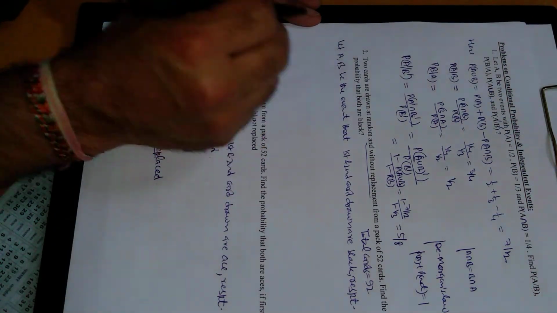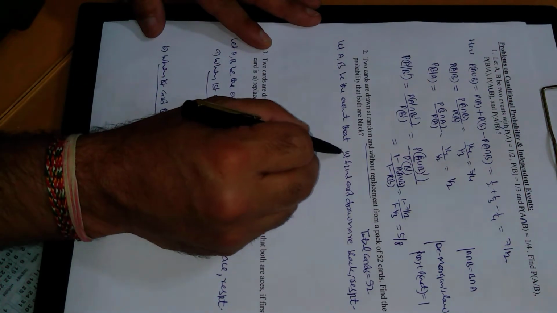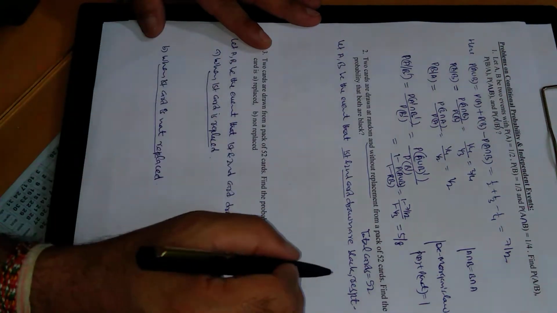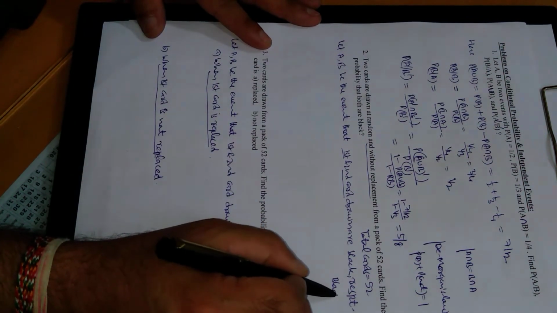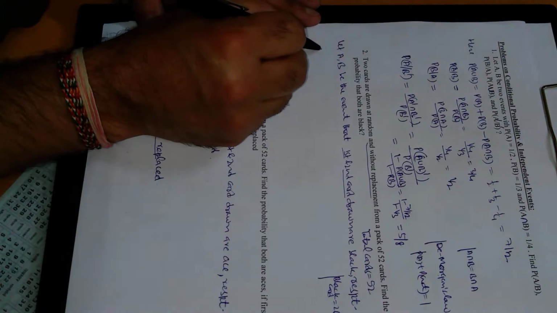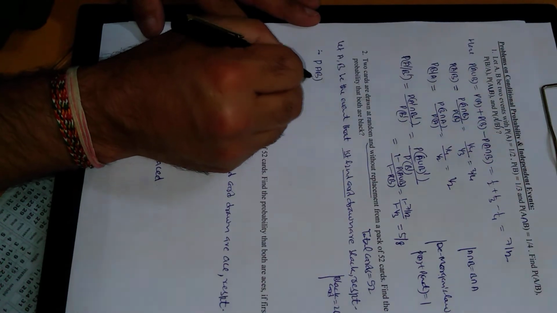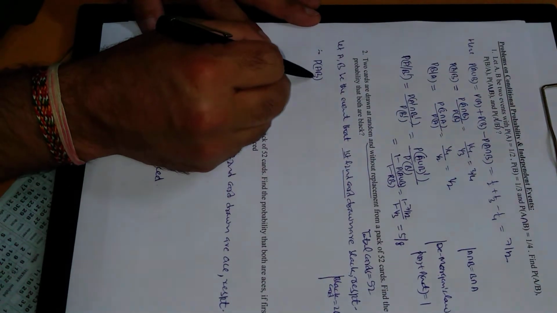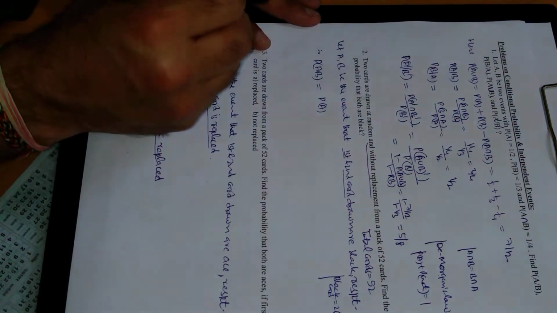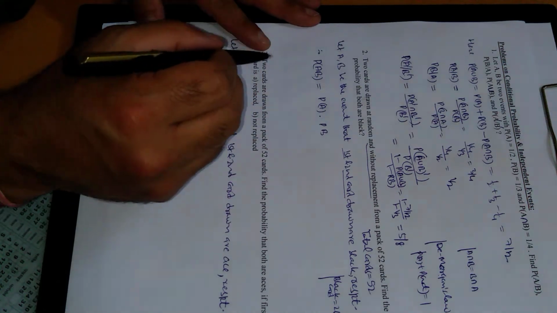Let us suppose both of these two cards in event form. Let A, B be the events that the first card and second card drawn are black respectively. We know black cards are 26. Therefore, we have to find the probability of the first card drawn black and the second card drawn black. So first of all, this is probability of A, meaning first card drawn, into probability of B.